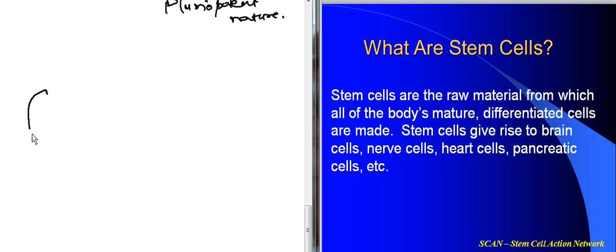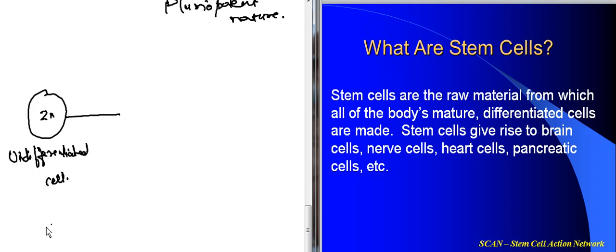This is your fertilized egg. This is your undifferentiated cell. It's not doing any particular work. Now these cells will form your